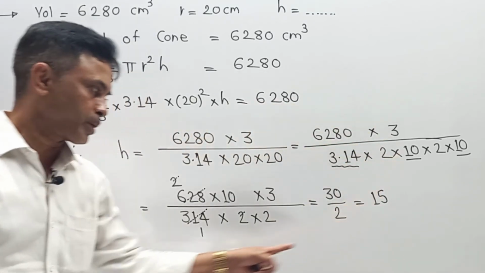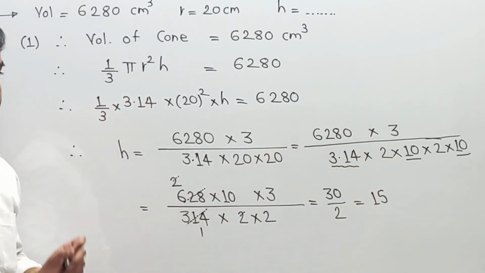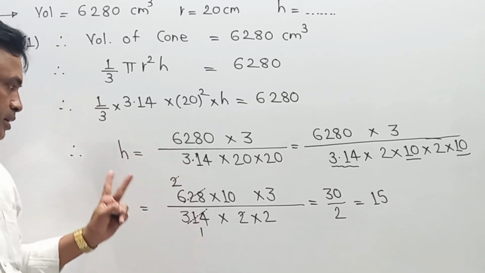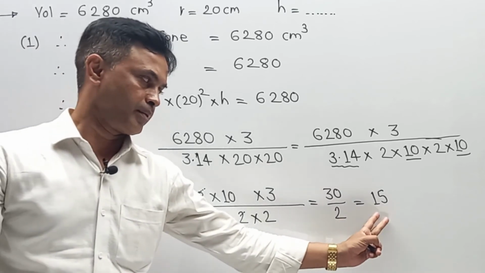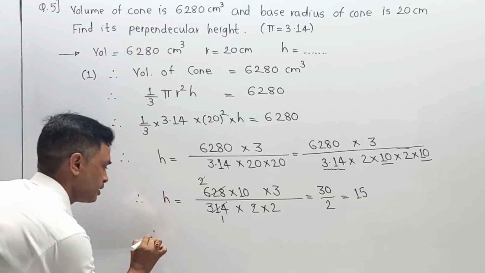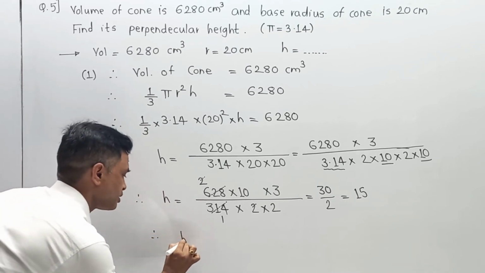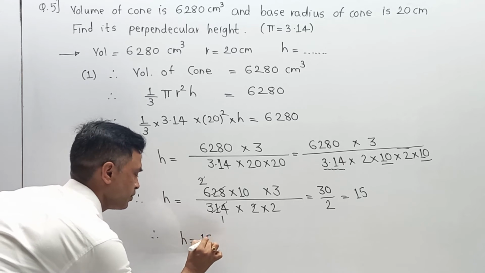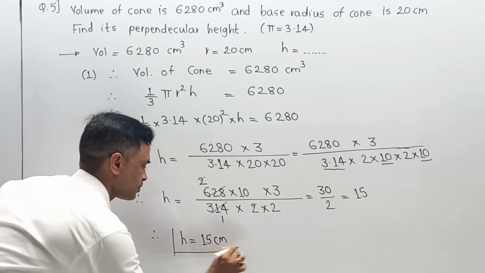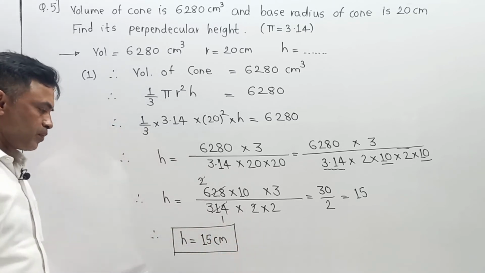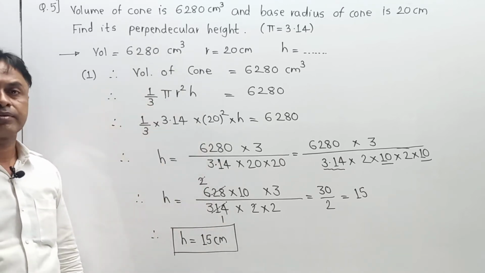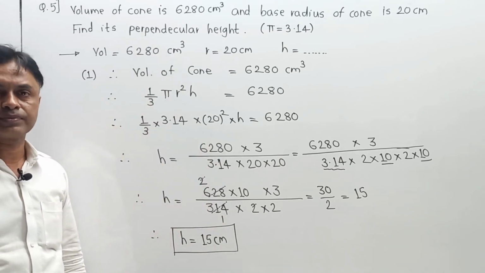Remember, this is the most important step when you are going to use it during the solution, and you must be able to understand that logic, what the number contents are and how you are going to cancel them. So your vertical height h becomes 15. Therefore, h is equal to 15, and as all the units are in centimeter, I am writing it in centimeter. Or logically you can write it as: vertical height of a cone h is equal to 15 centimeter, and in this way with systematic calculation you can solve it.